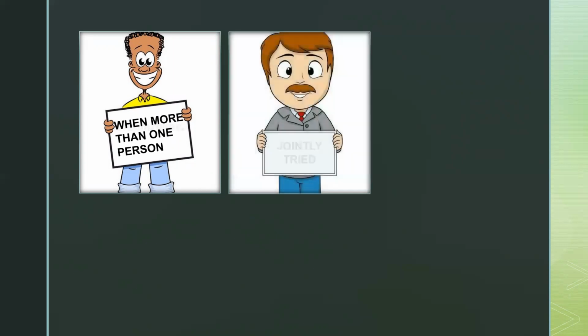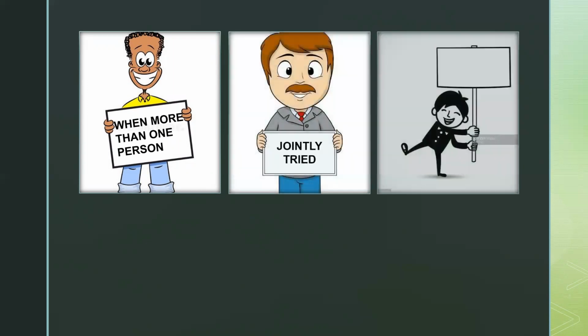So we'll break down the section into parts. First one is when more than one person is there, and they should be jointly tried, and that too for the same offense. These three are more like prerequisites for Section 30 to come into picture. That first one being there should be more than one person and they should be jointly tried, and that too